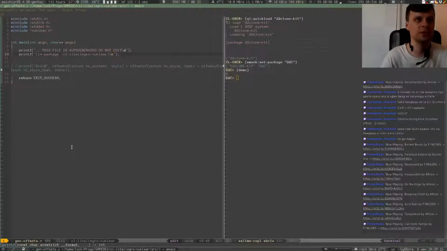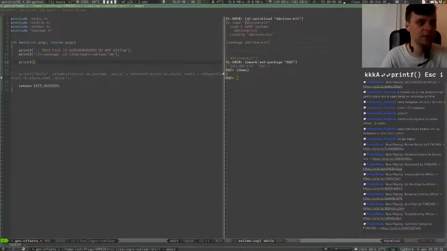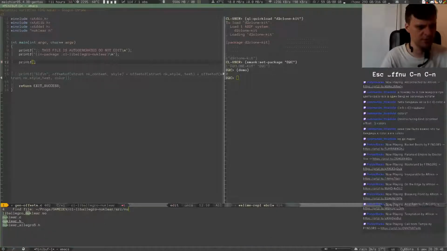boilerplate, because it will be just copying and pasting of all of the structure fields that I need offsets for. Maybe I can even make some C macro to automate that bit. Maybe, okay, I will make it probably later. So something along the lines of, so let's see, in Nuklear, which offsets do I need? So like for style,